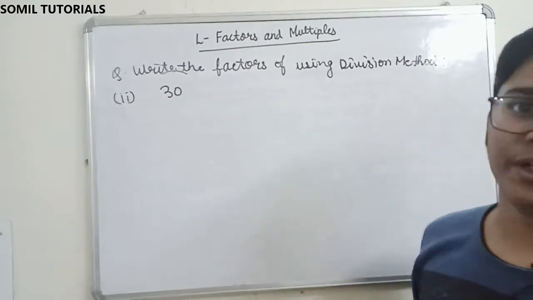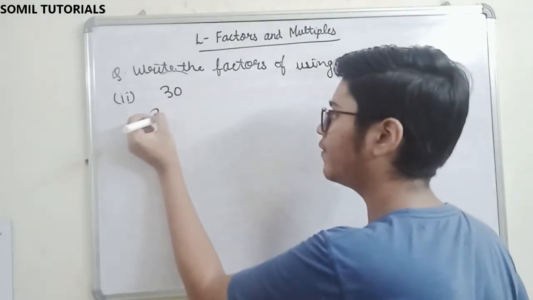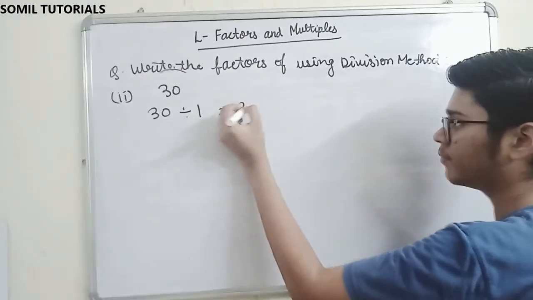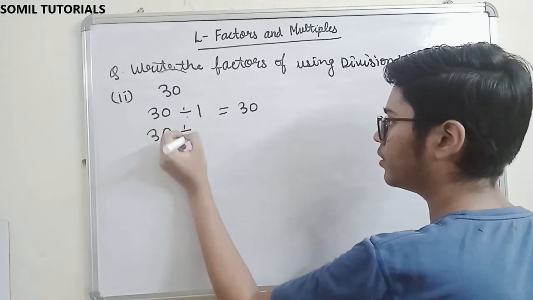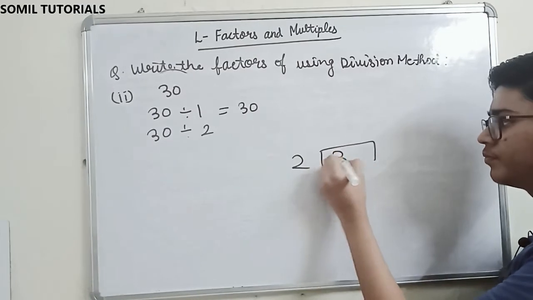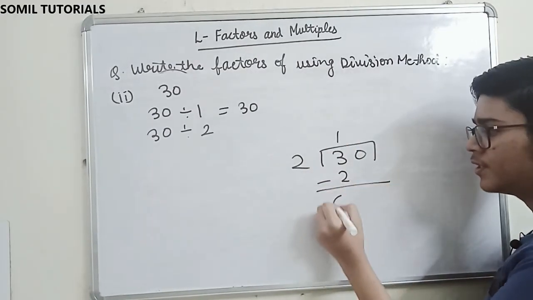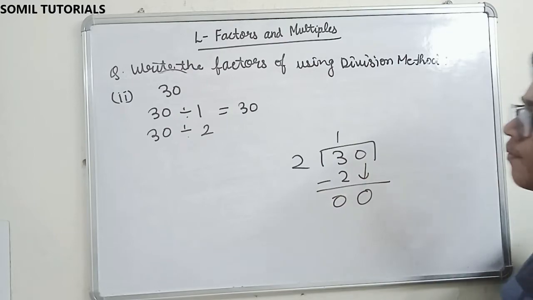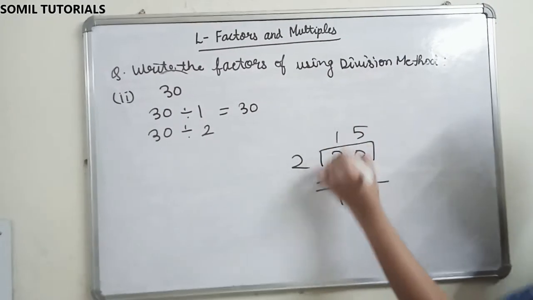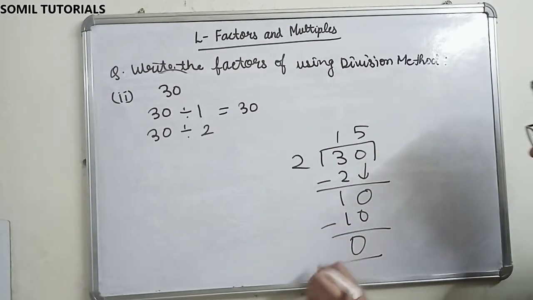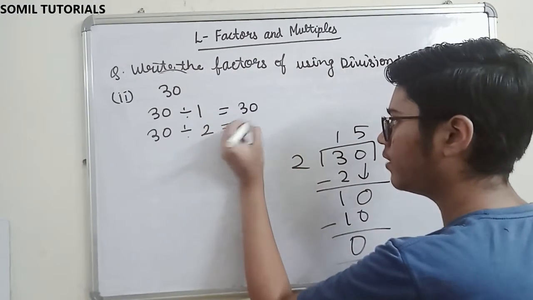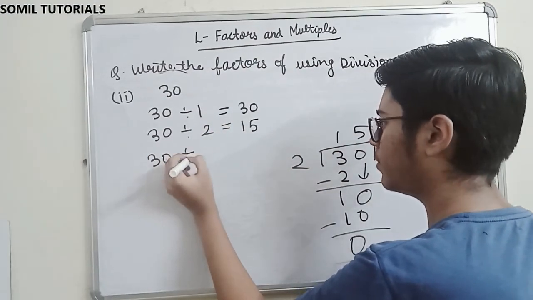We need to start with 30. First of all we will divide it by 1 only, and you know we will be getting 30 only. Let us move to 2. Divided by 2. Sorry, we will be getting here 1. 2 5s are 10. Okay, remainder we are getting 0. So 2 is also a divisor of 30. We are getting 15. Let us try for number 3.